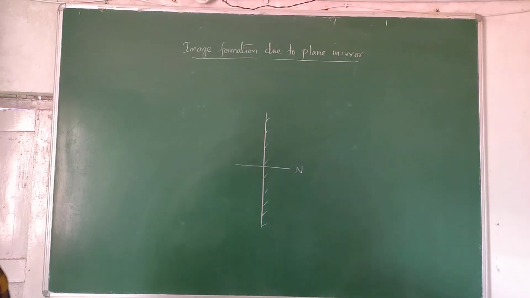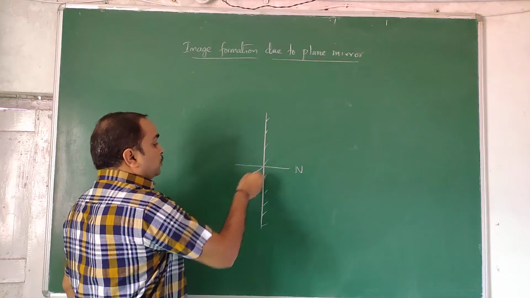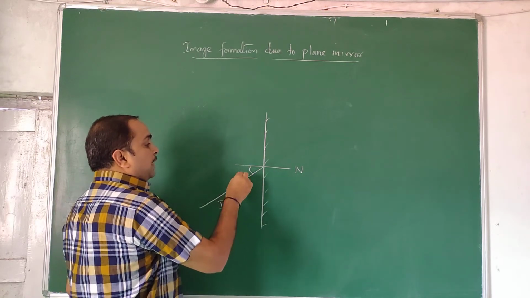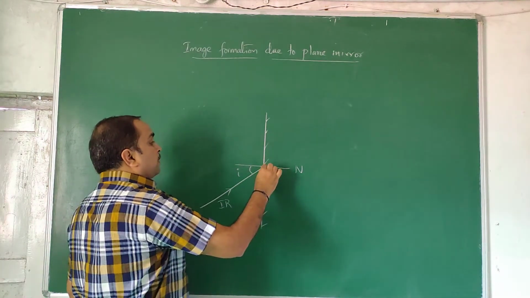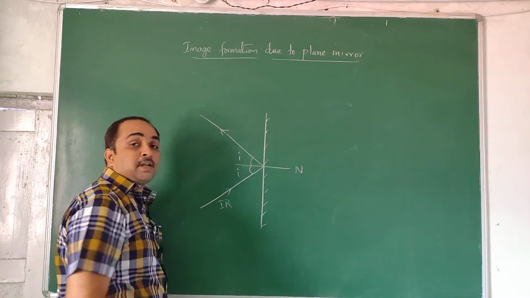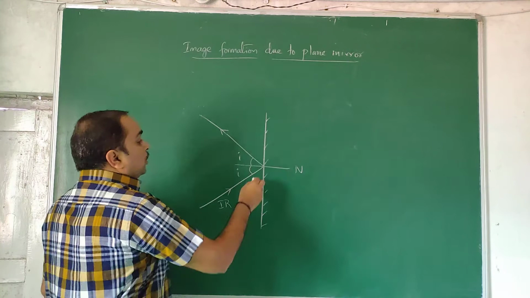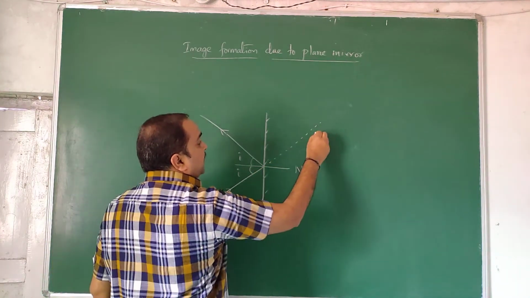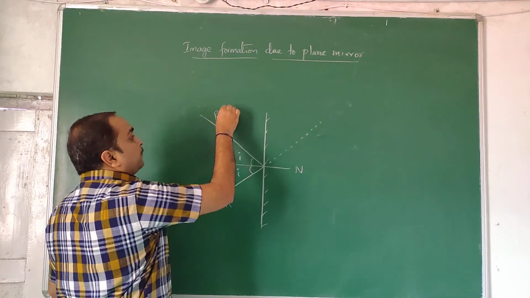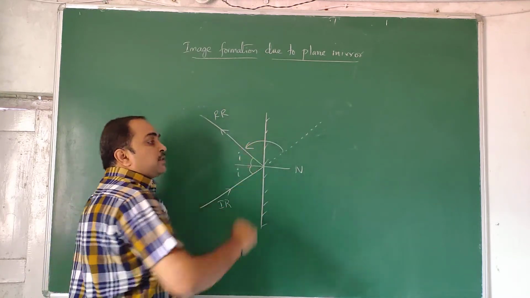Sometimes they ask you to find angle of deviation. So this is incident ray. This is angle of incidence. This is the reflected ray. You can write this as R or you can write it as I. Both values are equal. So if you extend this ray, this is the actual path, expected path. This is the reflected ray. So this is called deviation.